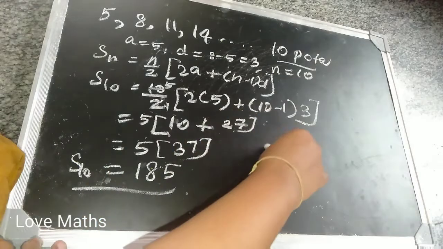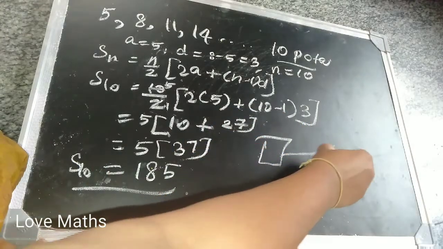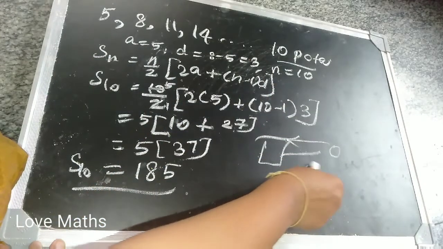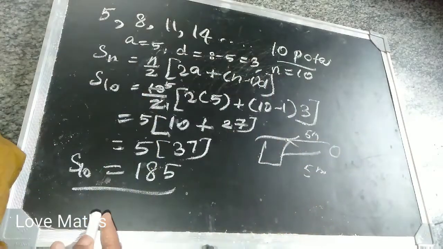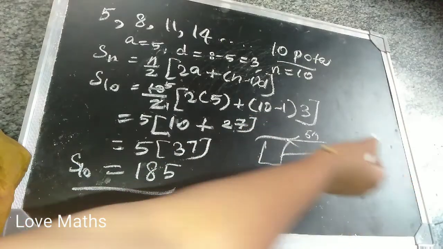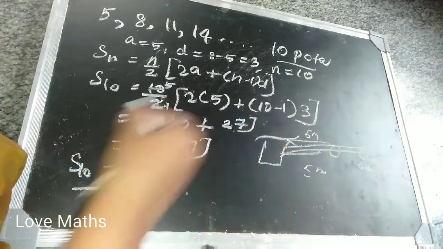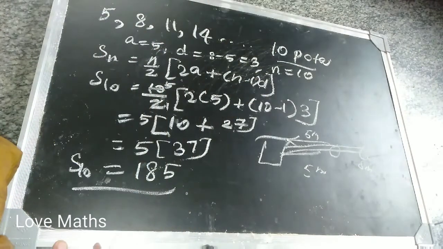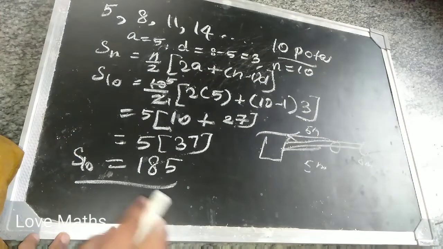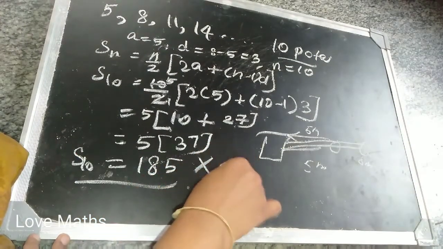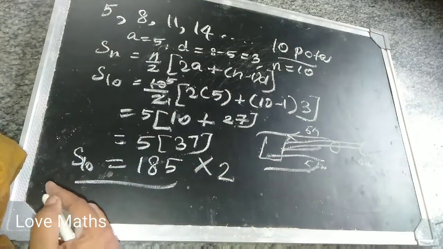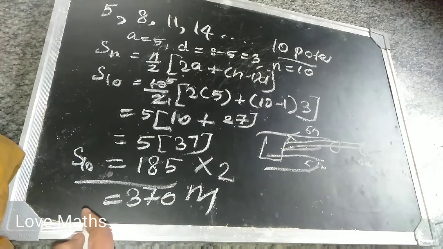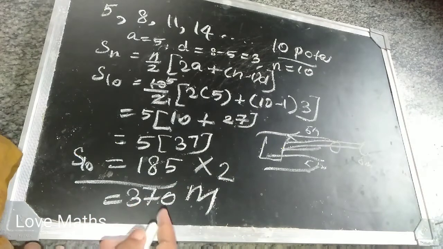No. What is the meaning? One basket is there. If you travel 5 meters, you can pick one potato, but you have to come back and drop it in the basket. So this 5 meters and this 5 meters, totally 10 meters. For the next potato at 8 meters, you travel 8 meters and come back to keep it in the basket, so total is 16. So in this sequence you just multiply by 2. The final answer you multiply by 2, because one while going and one while coming. So the final answer will be 370 meters. I hope you understand.